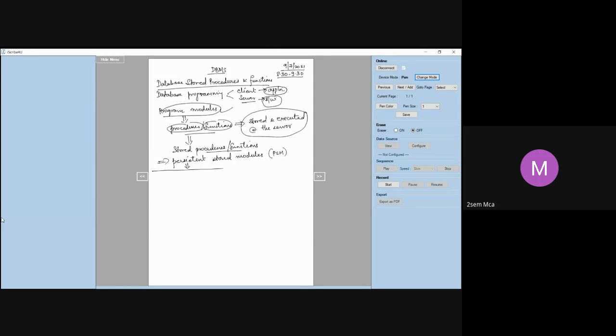Now let me again tell you what I told till now. Whenever we talk about any database programming, there are always two aspects, the client side and the server side. And we are always under the assumption that the application runs on the client side, and the main part of your DBMS package runs on the server. Yes, that's fine. So you are given a user ID and password to log into the server.